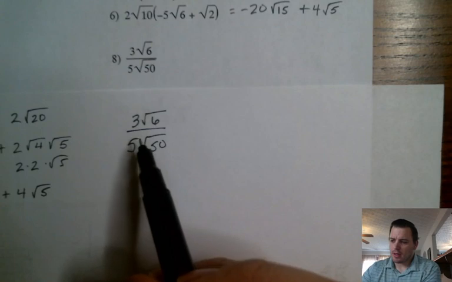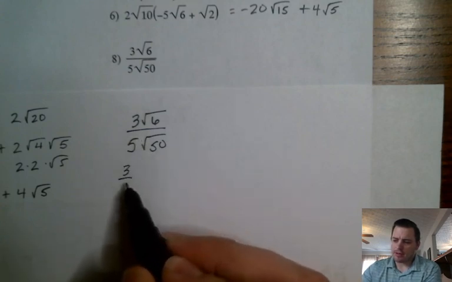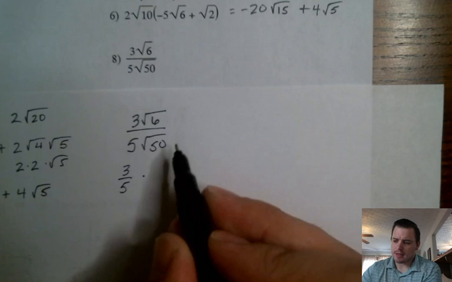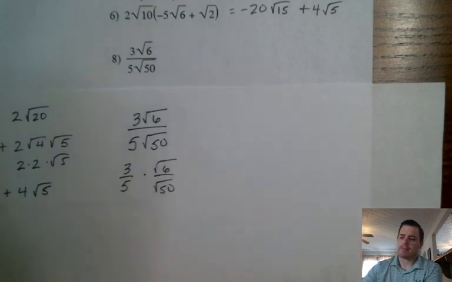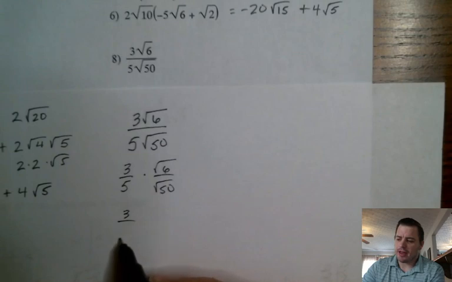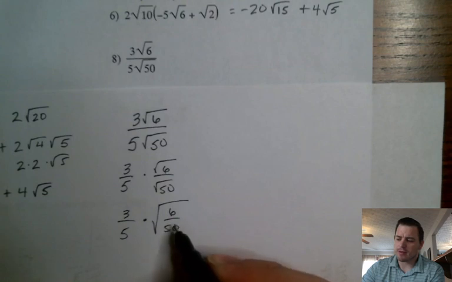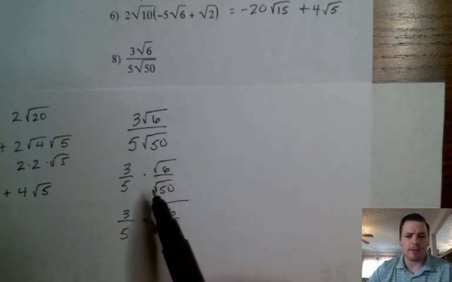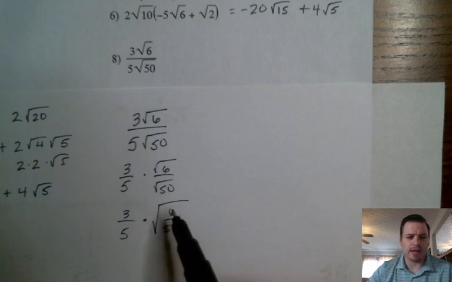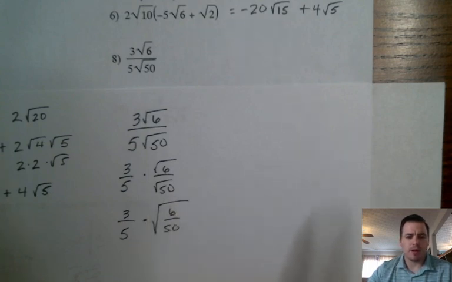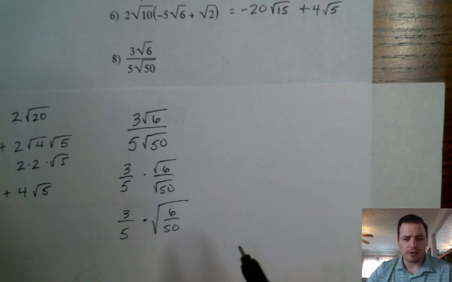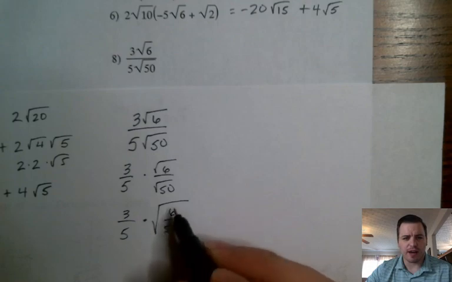Okay. So here's the way I would do it. I would actually do it by splitting this up and saying times radical 6 over radical 50. And here's what I would do. I would then change that. Here's the rule it wants you to know, is that you can change that to the radical of 6 over 50. If the numerator and the denominator has a radical, then you can just write it as a fraction under a radical. And the cool thing about this right here is that you can simplify inside this radical